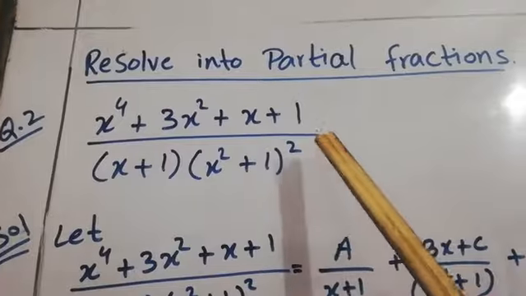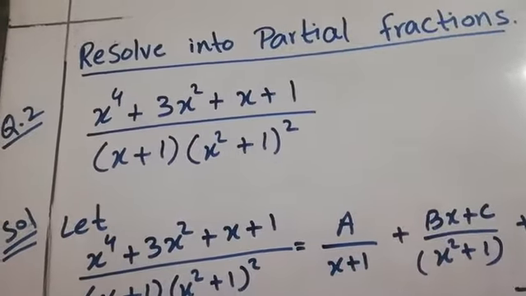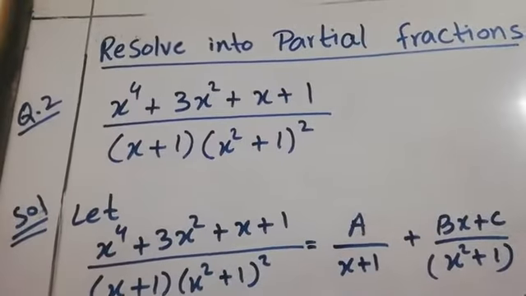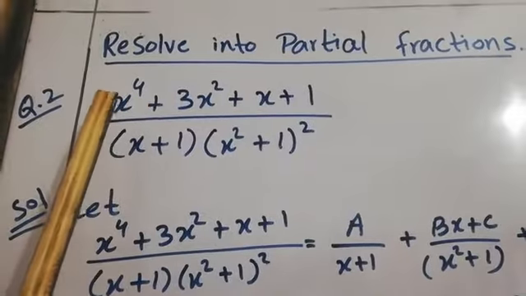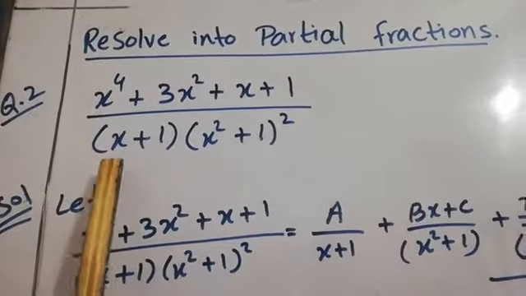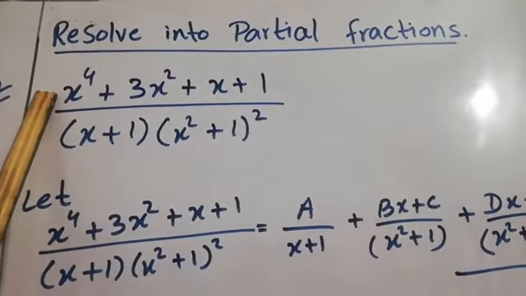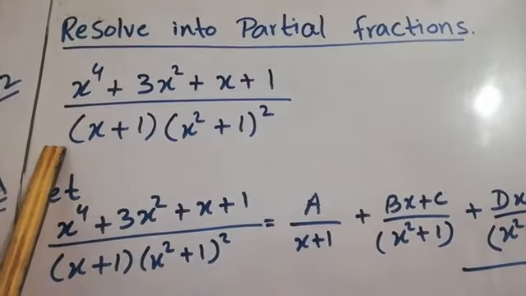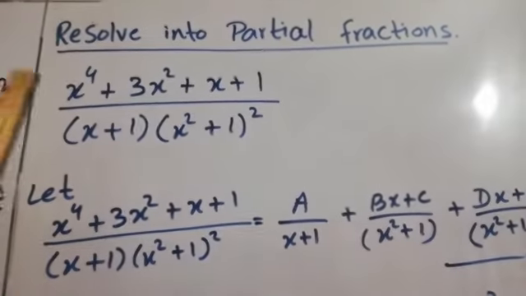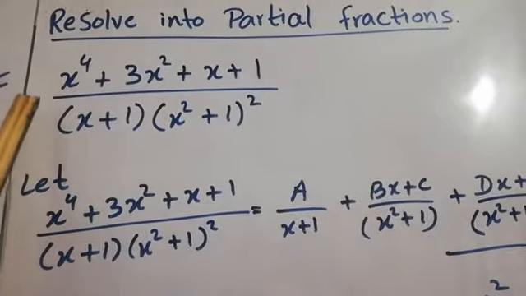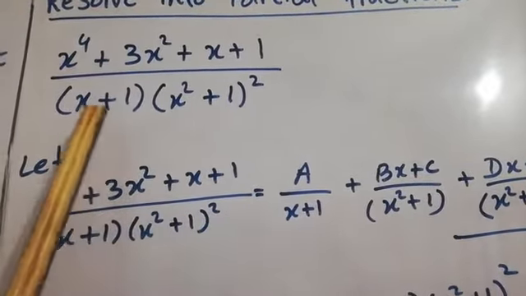When we change into partial fractions, the first thing we check is whether this fraction is proper or improper. How can we check? First of all, we check the degree of the numerator and the degree of the denominator. If the degree of the numerator is greater than the degree of the denominator, then we will change it into a mixed fraction. And if the degree of the numerator is smaller and the degree of the denominator is larger, then we will not convert it into